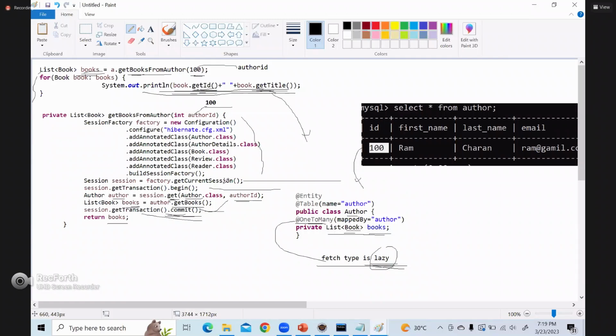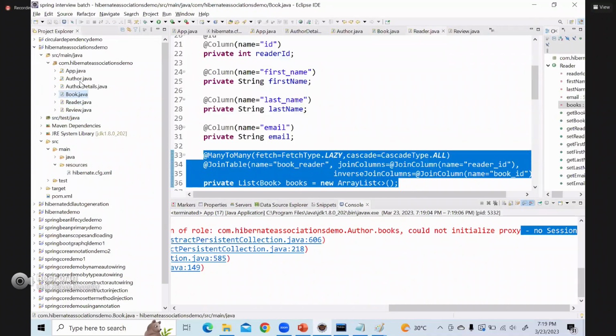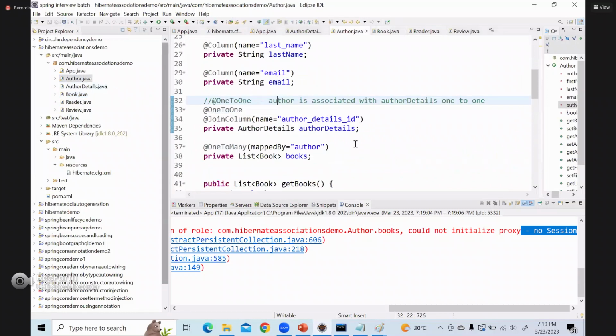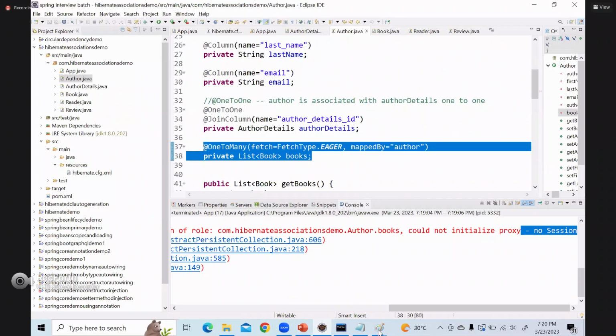Right? Now, for that, what we have to do? We have to change this to eager in order for these type of things. If I don't specify anything, by default, one to many is lazy. By default, one to many is lazy. Now, if I specify this one eager,